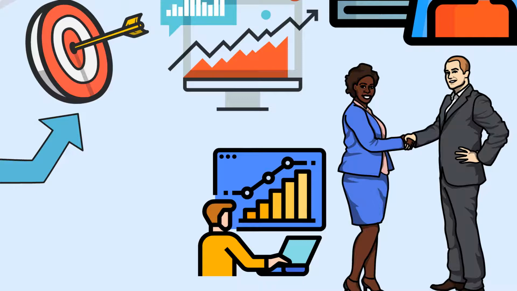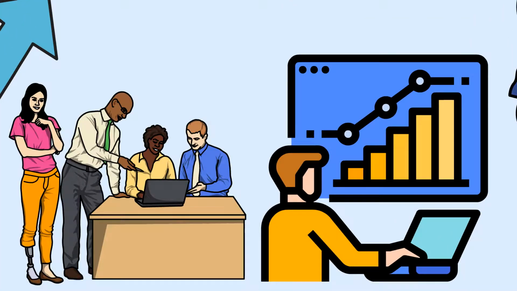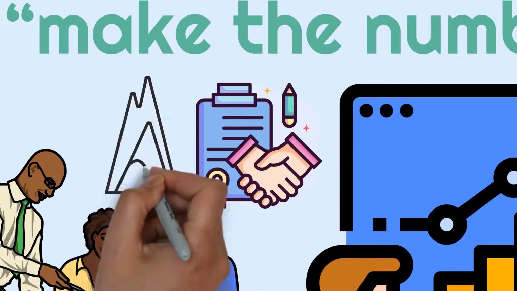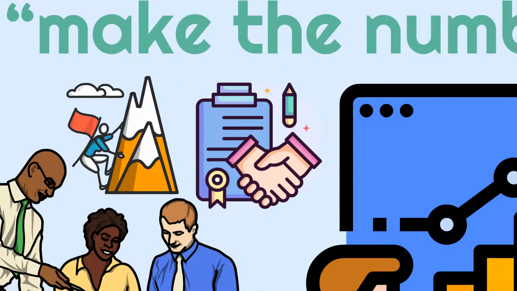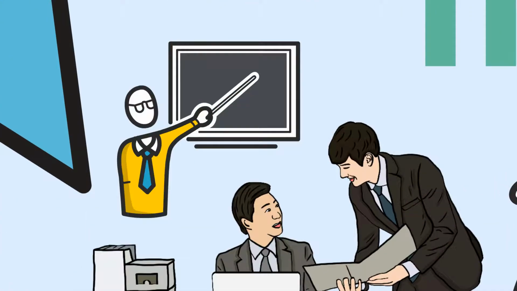If the balanced scorecard is used as a command and control document that is used to control behavior, employees may make the numbers but not be committed to achieving the organization's goals. Instead, the balanced scorecard should be used to create an environment in which everyone can learn and grow.